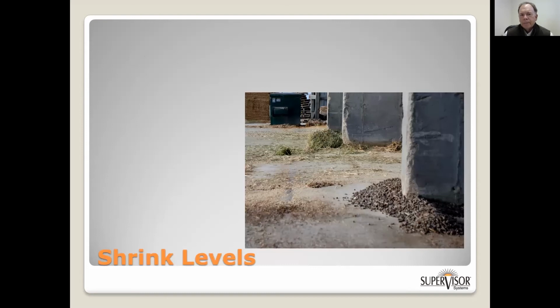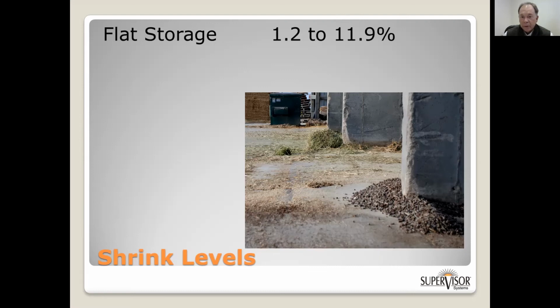So shrink. Shrink comes in all shapes and sizes. And shrink today is not grandpa's shrink, what happened on his farm. It happens on beautiful dairy farms. And as an example of just taking one type of storage, in this case flat storage, I've observed shrink on different dairies ranging from 1.2 to